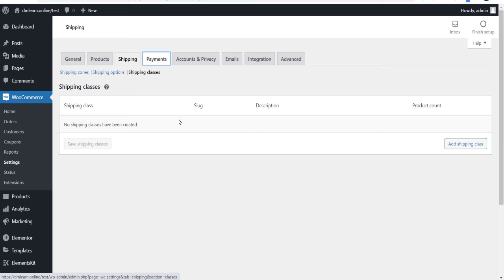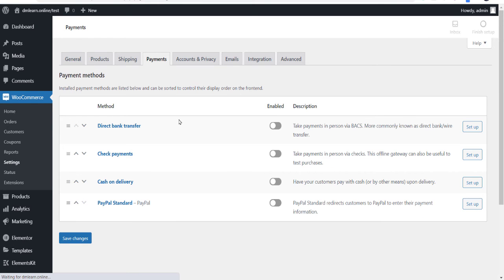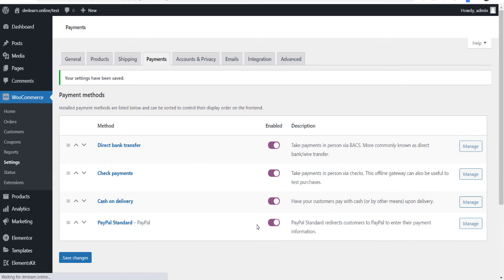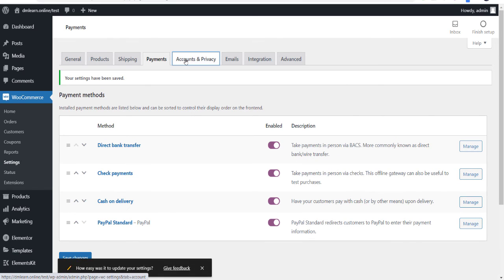Now go to payments. Through the payment option we can integrate direct payment options and others. You have to set up check payment, cash on delivery, PayPal, all the basics, just set up one by one. Just click on this and they will redirect you to your PayPal account. You just give authentication, that's it, nothing to it. We will be learning more about how to configure PayPal, Razorpay, InstaMojo, Payoneer and other payment gateways in coming videos.